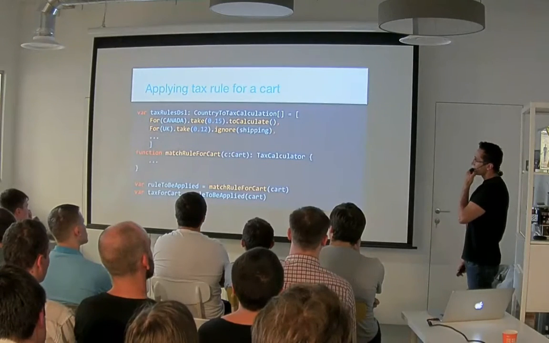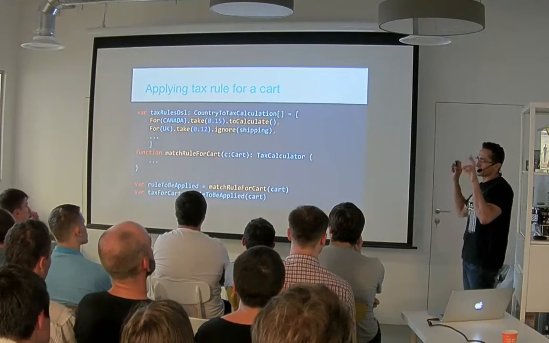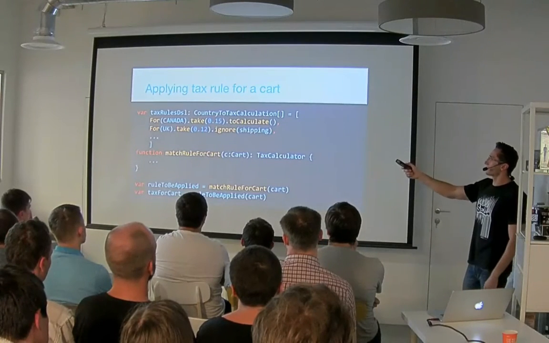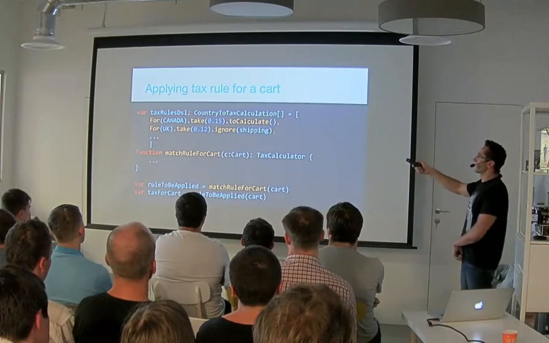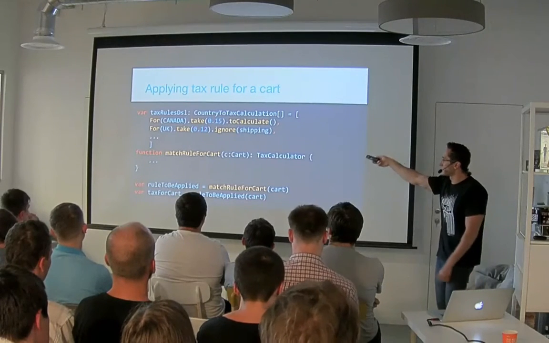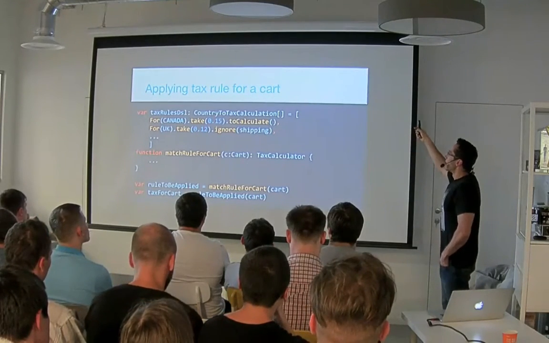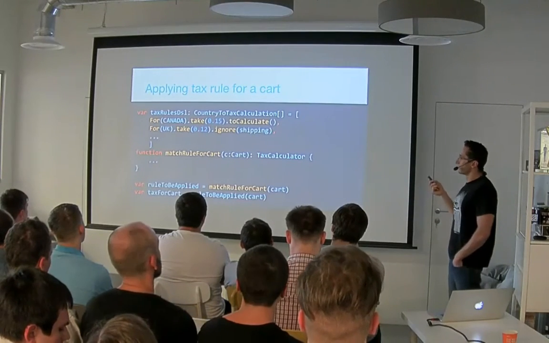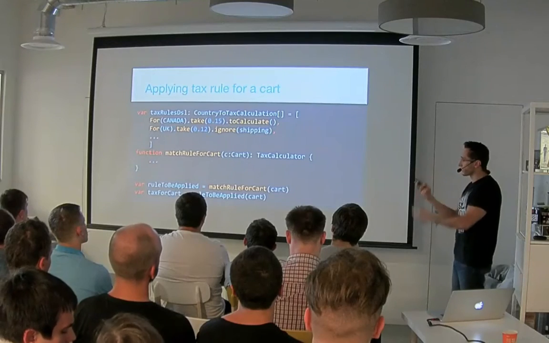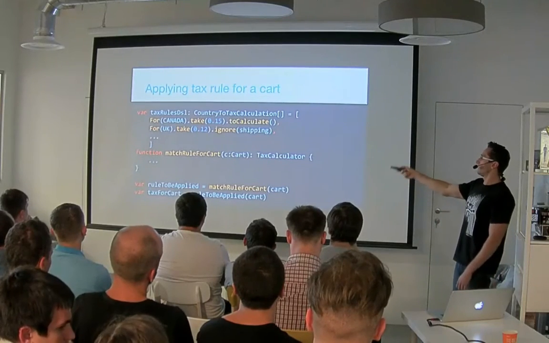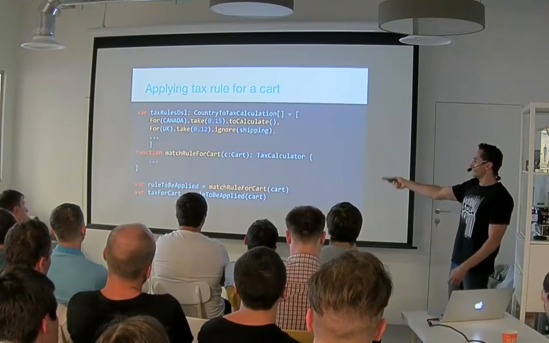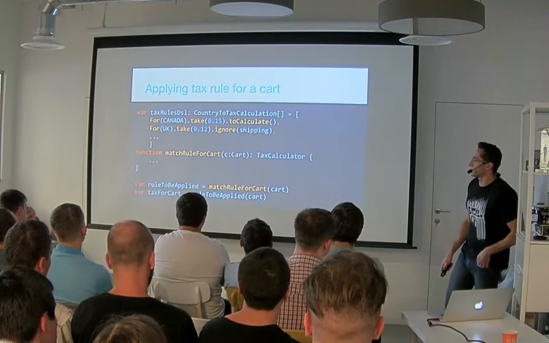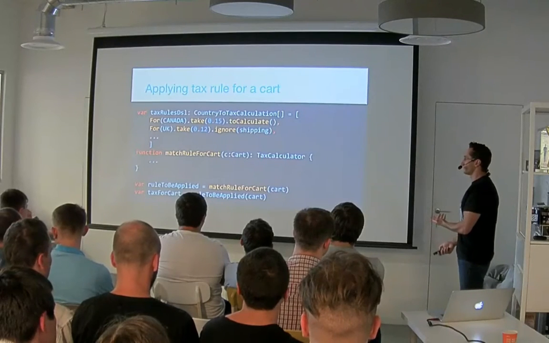So let's see how we can finally apply this text rule to a count. In theory, we will have some data structure like text rule DSLs, which will be a list of country to text calculator, which basically is the DSL we built before. We will have some function that will take a count and match the correct text rule by the country, just a simple match. And once we have the rule to be applied, we simply apply the rule on the count, and we get the text for count, which is the actual text that we were looking for.